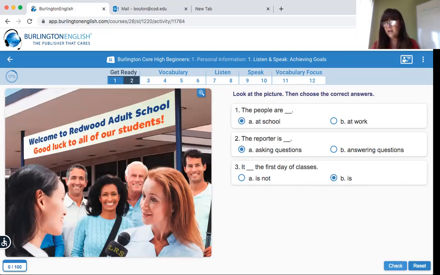And you hit check down in this corner. There you go. All the answers are correct. If you look over in the left corner, you can see it tells you 100 out of 100. If you look up here, you have now completed 17% of your lesson. So this tells you you got 100 out of 100. That's your percent. 100% correct. Yay, that's good. Okay, and then this is how much you have completed.